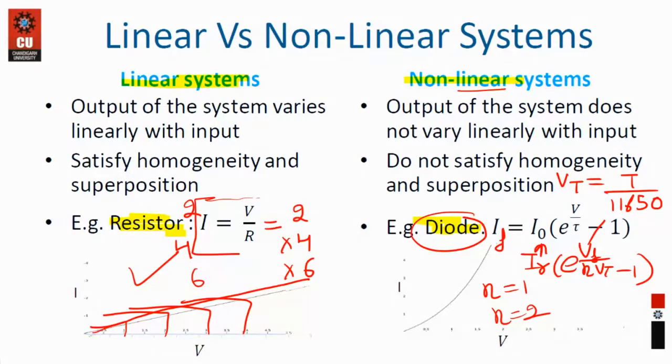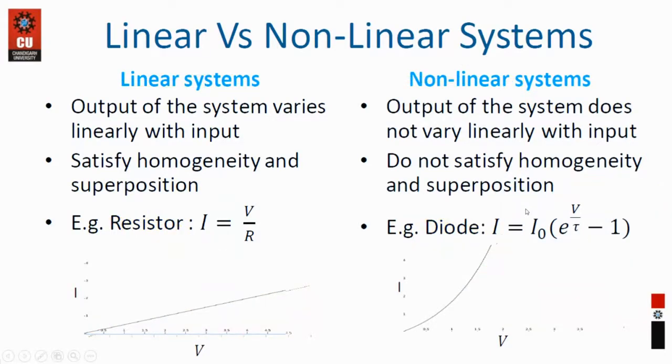So again, a diode is not a simple one like a resistor. If you see the graph of it, you will come to know that initially the graph is like that. After the knee voltage, it comes to saturation, and after saturation, it will come to the breakdown. And the same kind of behavior occurs in reverse voltage as well. So everything depends either on the mathematics or on your experimental model. By looking at the experimental graph, we can say whether it's a linear or non-linear system. By looking at the mathematics as well, we can say it's a linear or non-linear system.